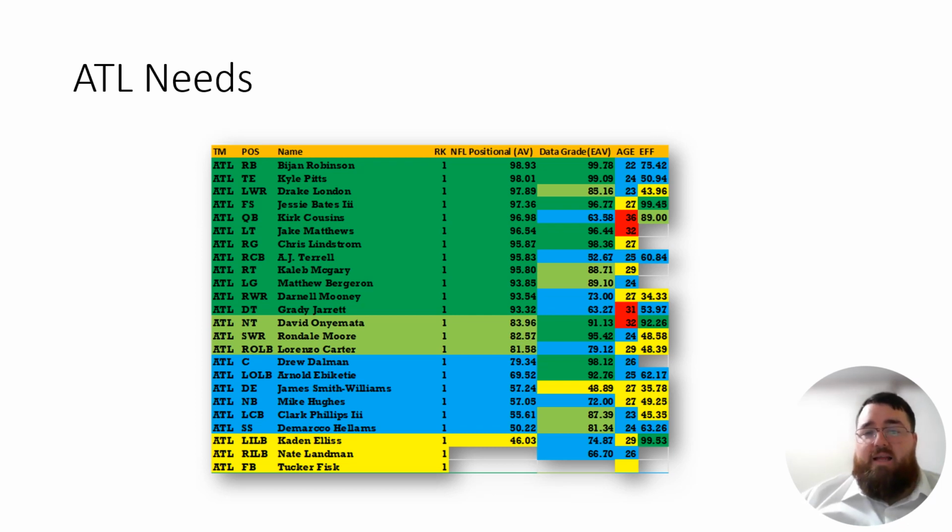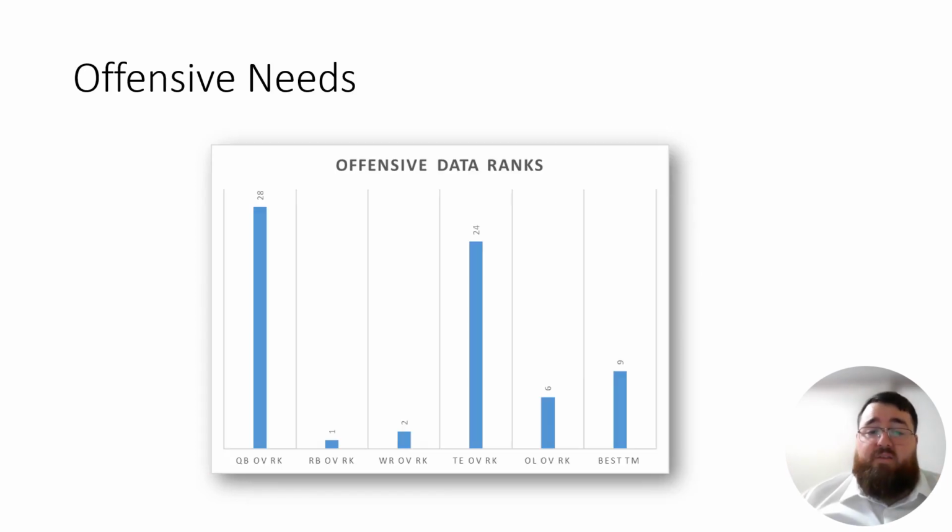In terms of the Atlanta Falcons' needs this year, and again, before we get into the picks, we have to talk about their needs. Offensive needs. Quarterback was basically one of the largest needs on offense. So as much as people want to hate on the selection of Michael Penix Jr., which will certainly have room to argue and debate, believe me, they did need a quarterback.